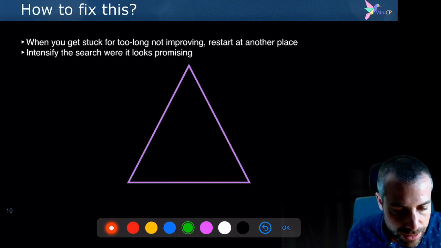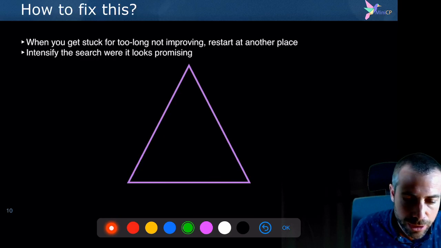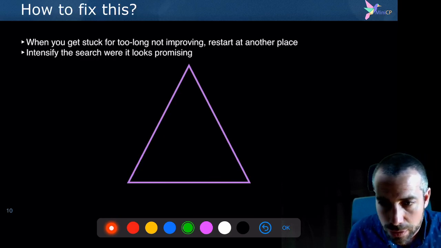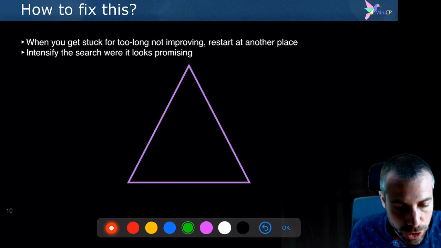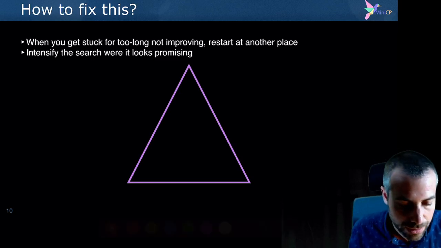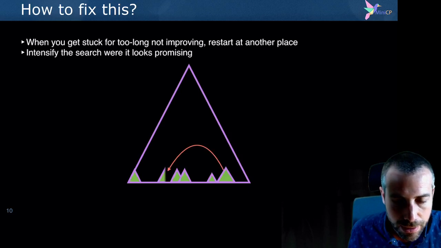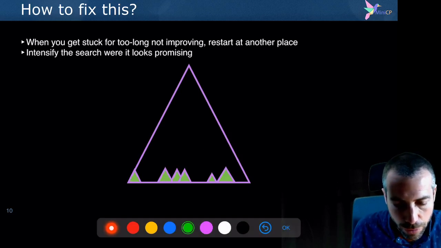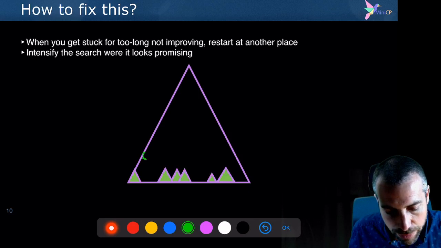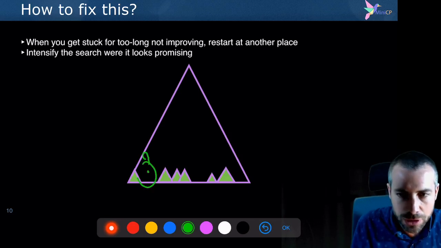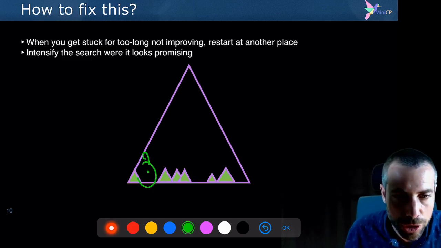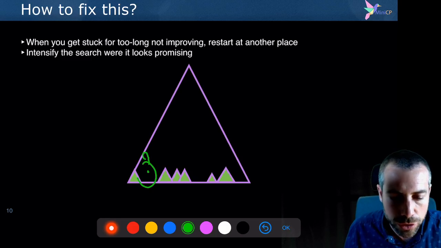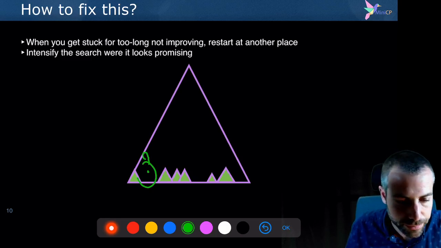The way we do that is we intensify the search a little bit at a given place, but not too long. As soon as we realize that we are searching for too long at a given place, we jump to another place of the search tree where it could look more promising. In practice, we jump in the search tree like this, visiting a limited part of the search space. Of course, some regions may never be visited, like this one, but in practice, the search will be more diversified. And also, if we are able to discover a good solution more quickly, we will also prune more of the search tree, the sub-trees that you see here.